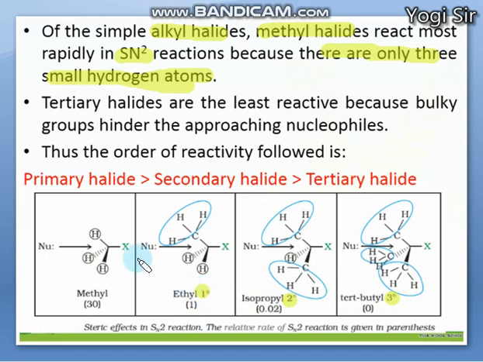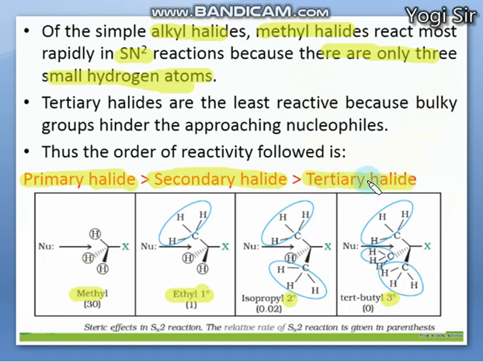So as we go from primary to secondary to tertiary, you can see there is an increase in the size of the functional groups, meaning there is increasing crowding effect, or you can say the steric hindrance is increasing. So the rate of reaction decreases towards tertiary. Most reactive is primary, that is methyl, ethyl, propyl, butyl, simply alkyl groups which are primary. They are the most reactive primary halides. Later on, in secondary it decreases slightly, and in tertiary halide it decreases even more.